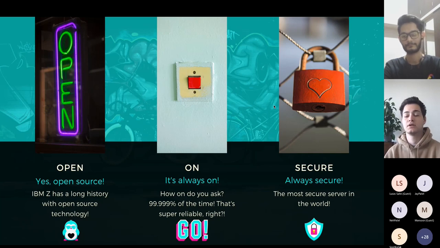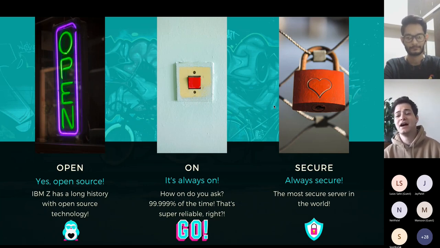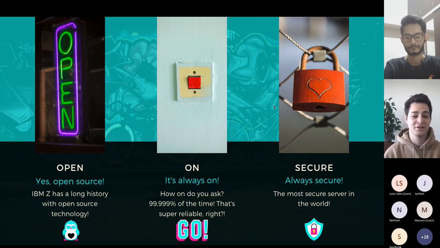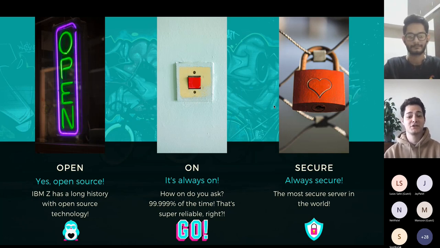And with security, security is probably the most important thing right now in tech. As we're seeing every day, there's a new story about Facebook data being leaked, Twitch data being leaked, and security, especially when you're making transactions, is the most important thing in the world because you don't want your credit card getting out there. That's really not a worry if IBM Z mainframes are in the background making the transaction. When the transaction is being made, there is little to really no risk of your data being leaked in that fashion, which is awesome.